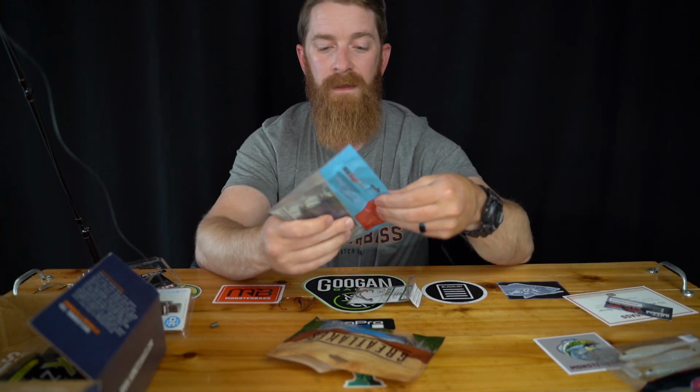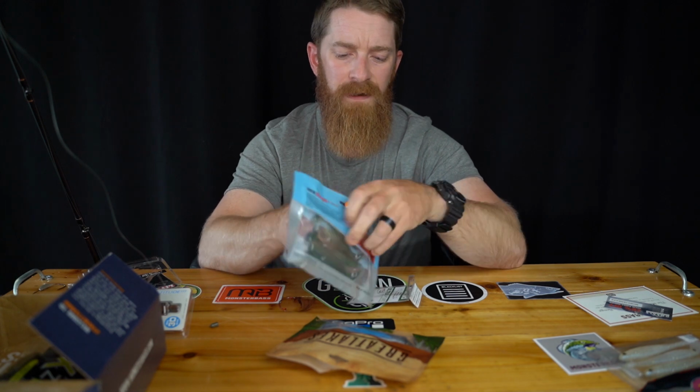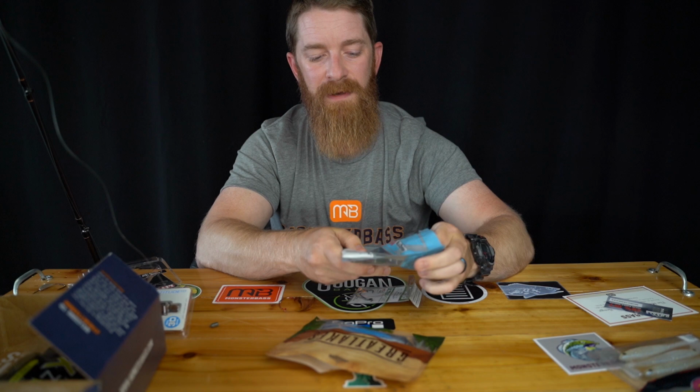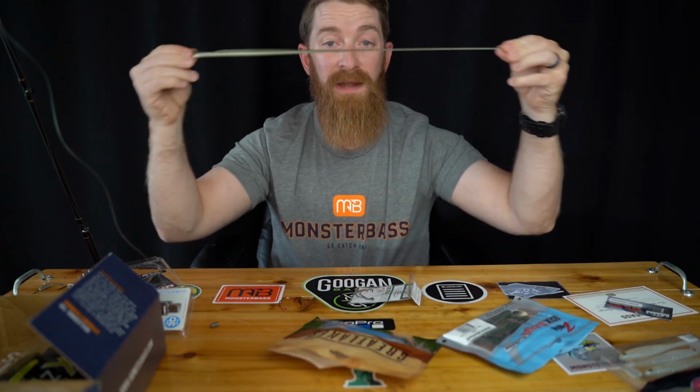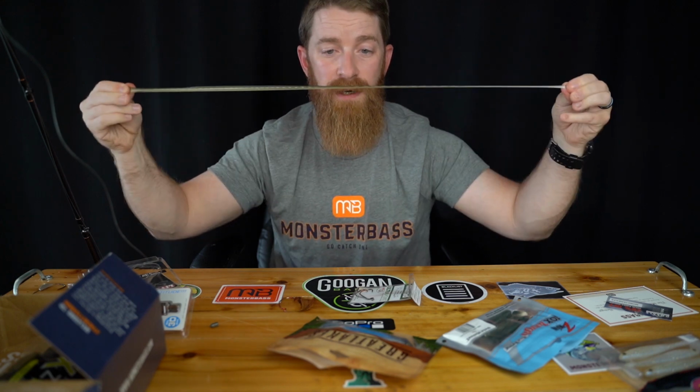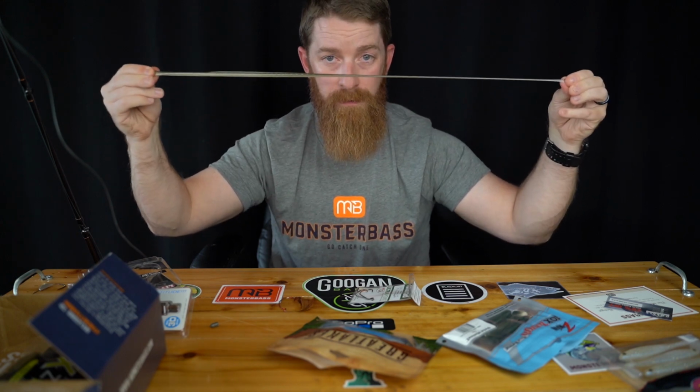Next thing, the Zeeman diesel minnows. Now the one thing that I have to say about Zeeman plastics, the 10 times tough, okay? These plastics are extremely strong. The Elastec that's in there, you can stretch this out and it will not break. I mean, it will eventually, but it's extremely strong. Downside, it is very tough to put onto a hook. So what I recommend with this